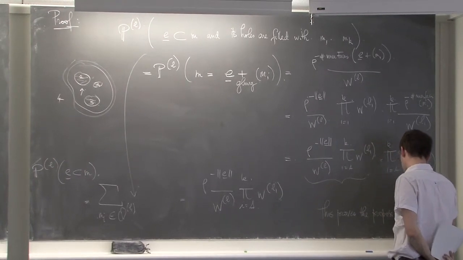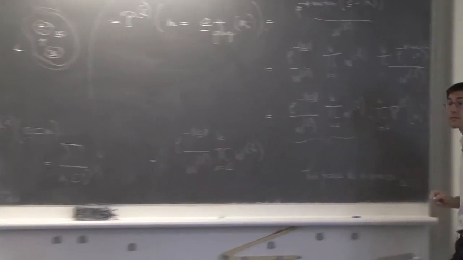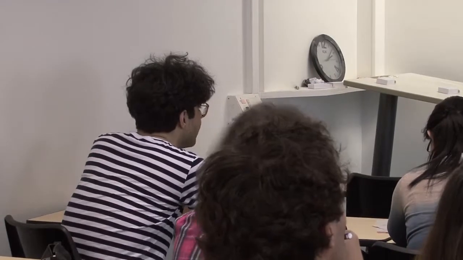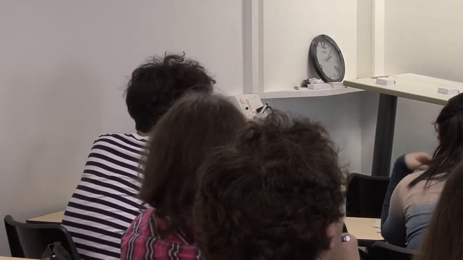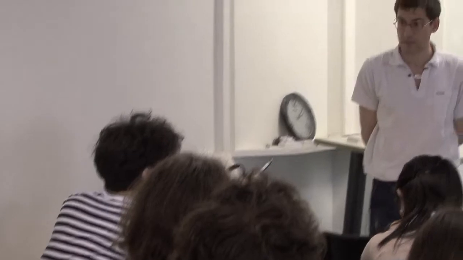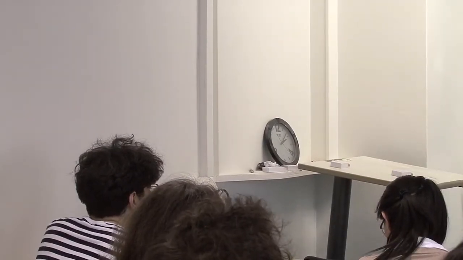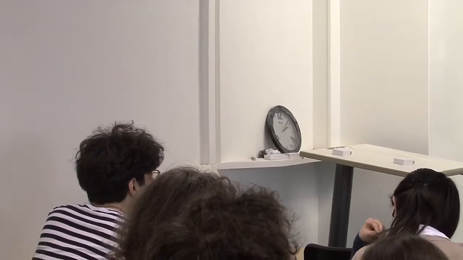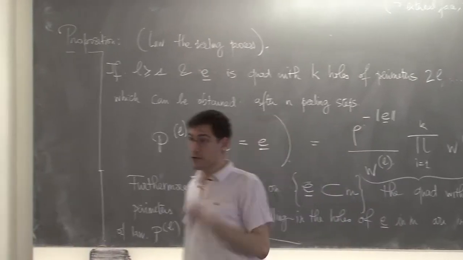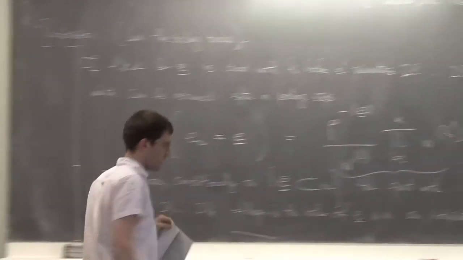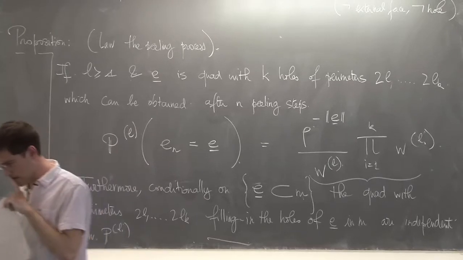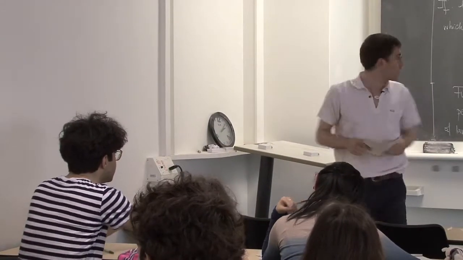Yes? I am a little bit confused. The proposition says that we obtain... this is saying that the probability of E being a submap of a random M, that we see in the peeling chain. Yes, because here I said that if there is a possibility for me... How could I say that? It's like you want to say that if there is a submap, you will see it in the peeling process.